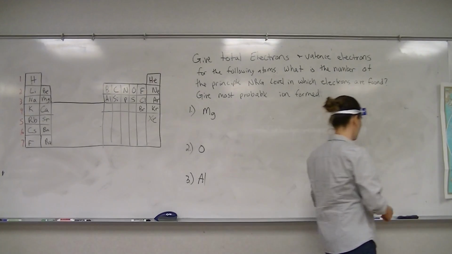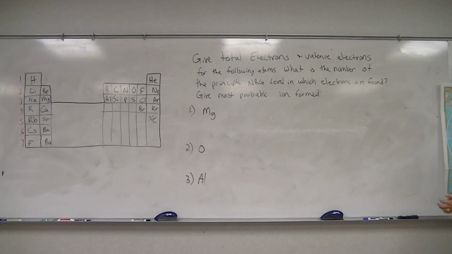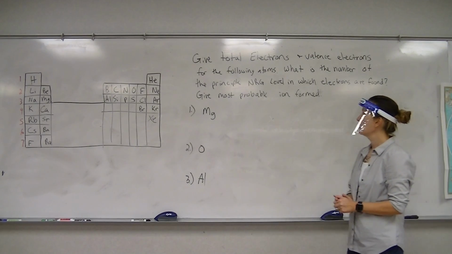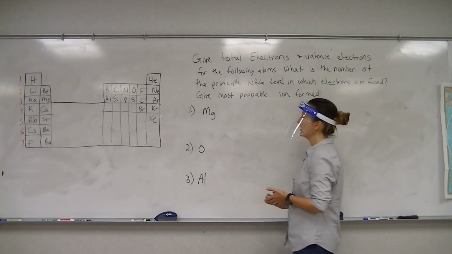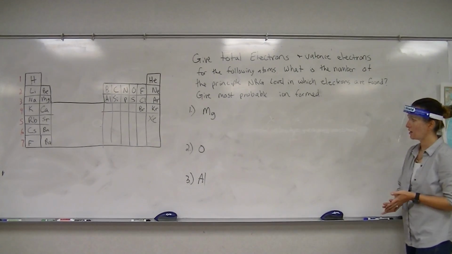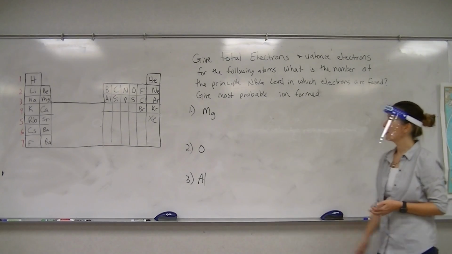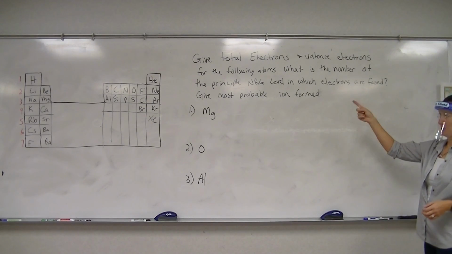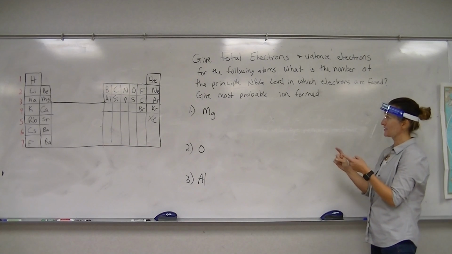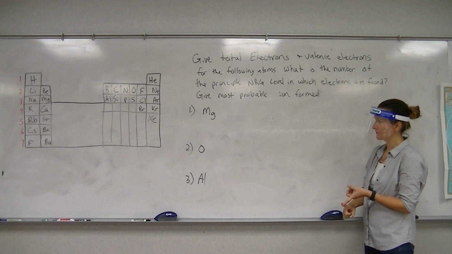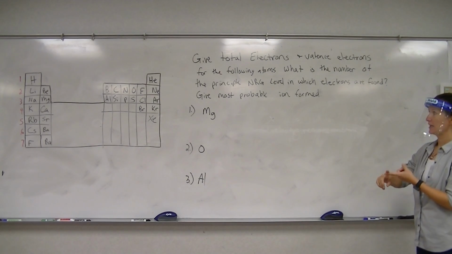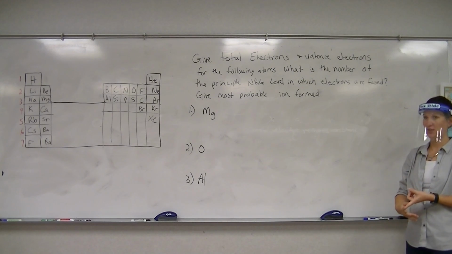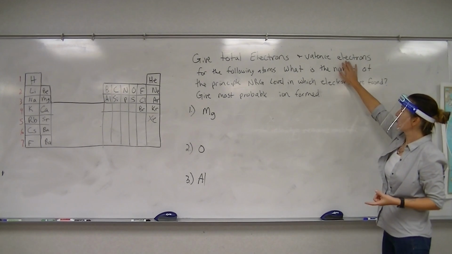So we're going to start with a review from what we talked about last class. We're going to be applying what we know with electron configuration and then talking about the ions that are formed for these elements here. So I'm asking several different questions here. I'm asking you to give the total electrons, which would be similar to the electron configuration, the number of valence